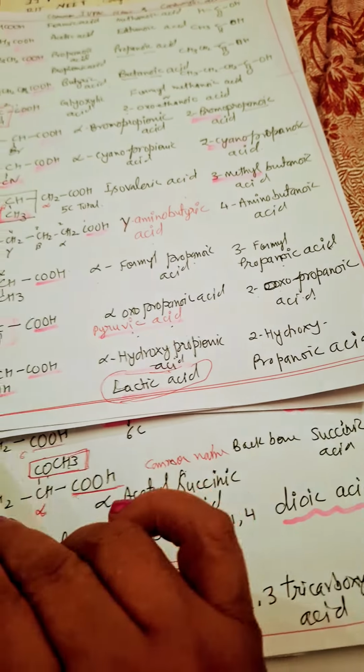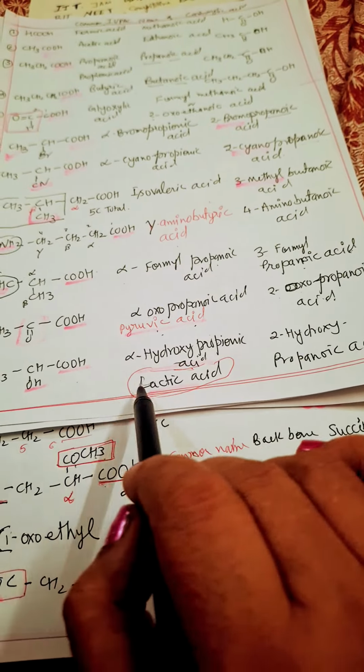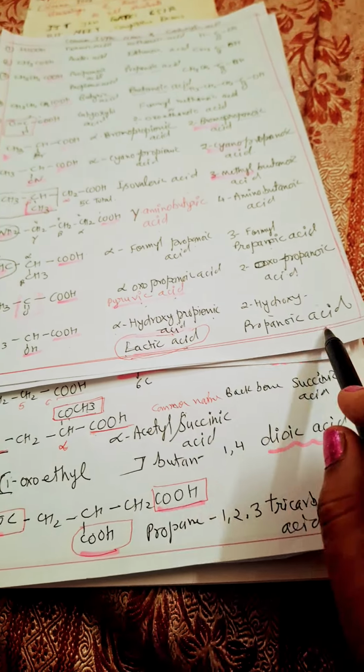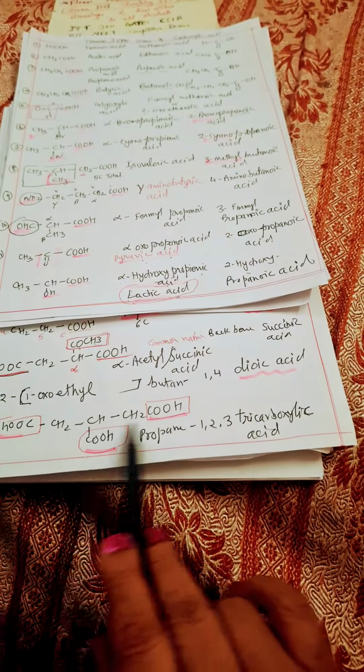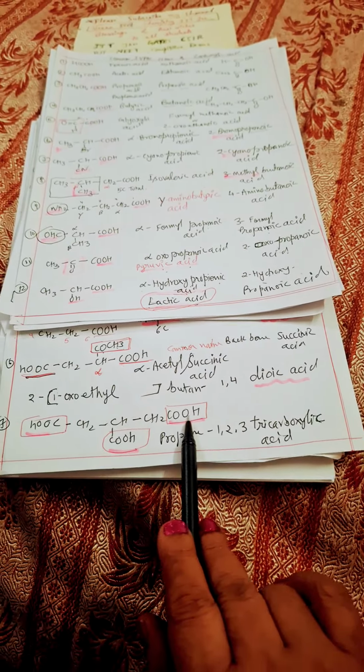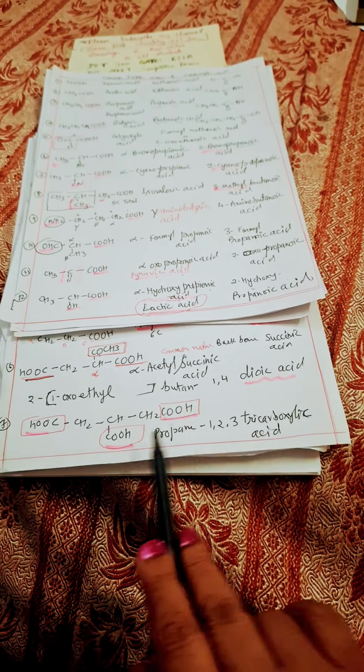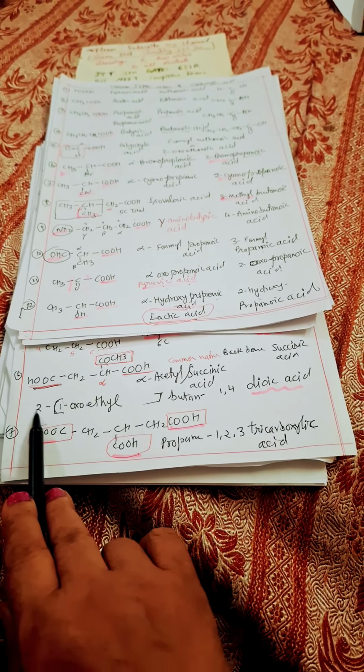This is IUPAC naming. CH3CHOH COOH, this is lactic acid, alpha hydroxypropionic acid or 2-hydroxypropanoic acid. Now here 3 carbons with carboxylic groups are attached, so 1, 2, 3 propane, 1, 2, 3 tricarboxylic acid, and this is 1 oxoethyl